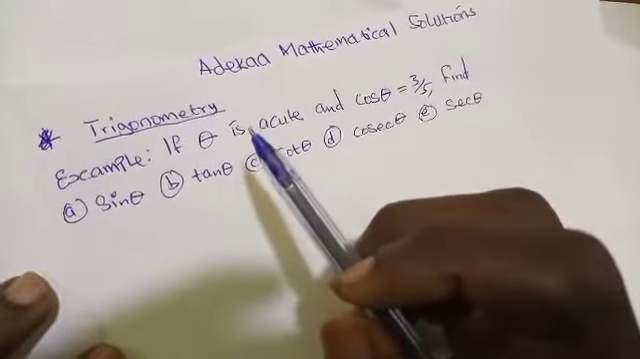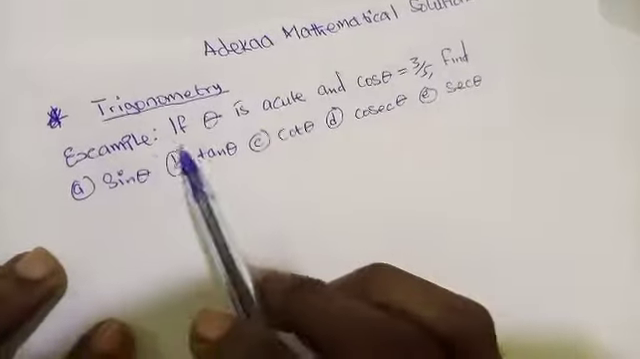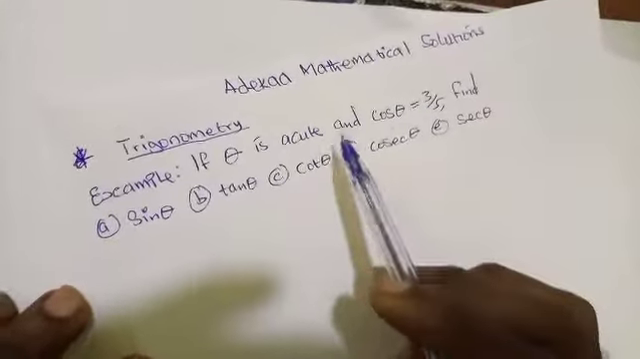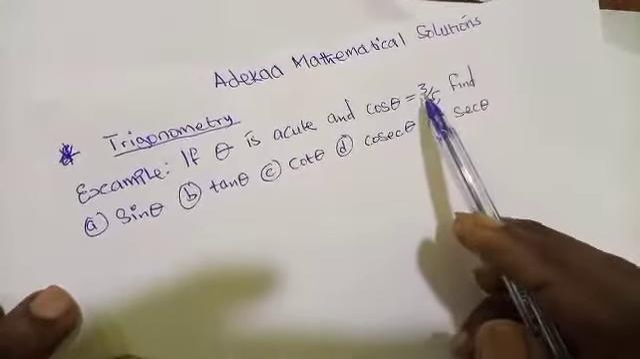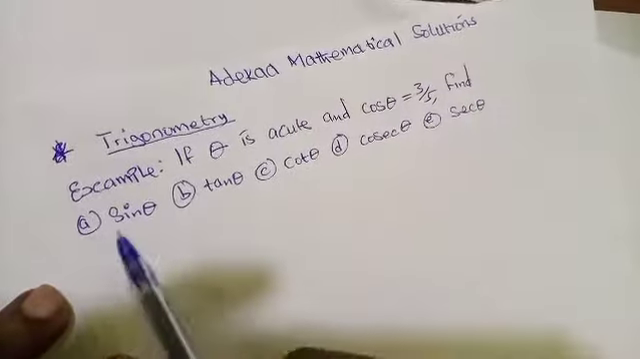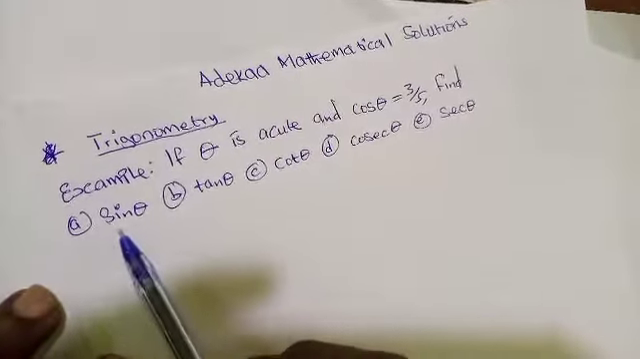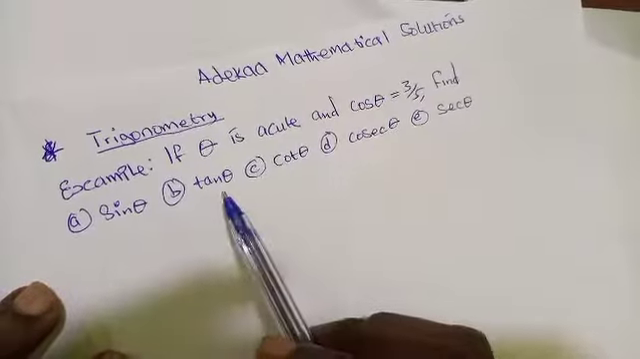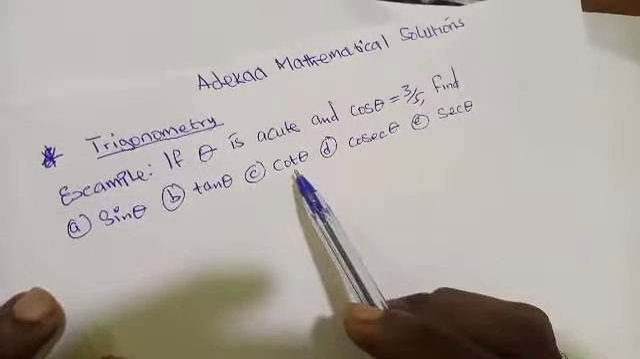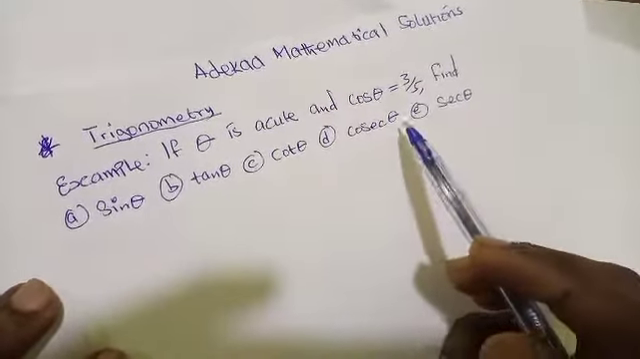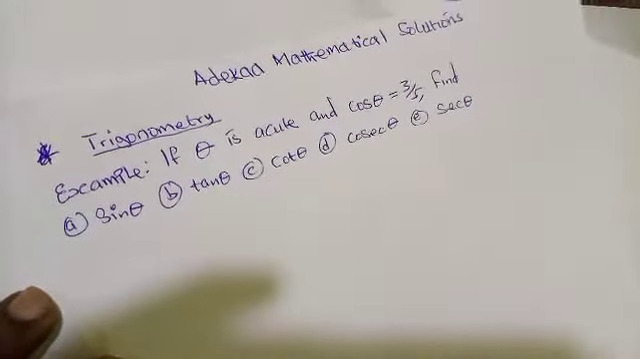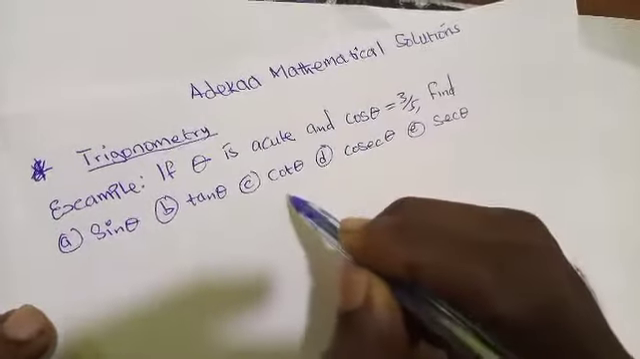As the example now, if theta is acute and cos theta is equal to 3 over 5, find A, sin theta, B, tan theta, C, cot theta, D, cosec theta, and E, sec theta. So the solution,